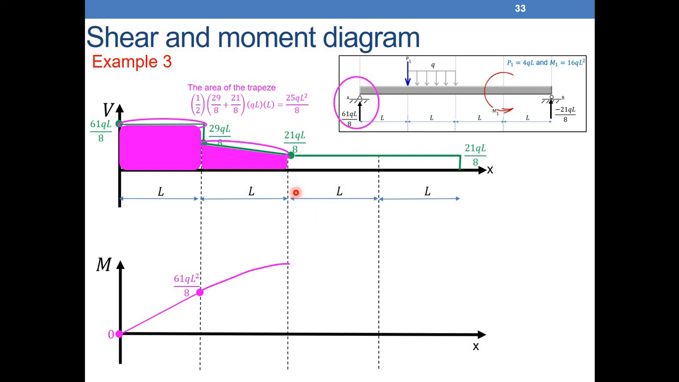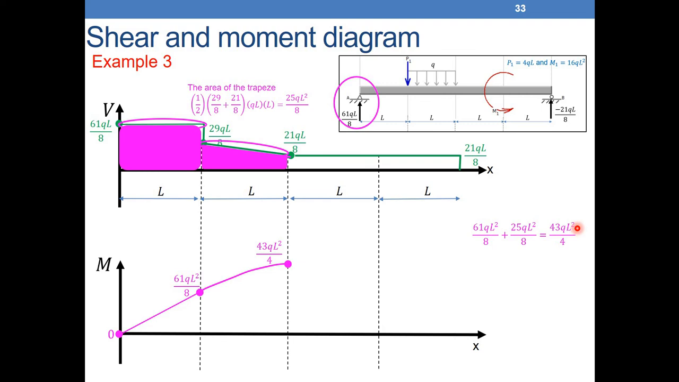So the area of the trapezoid is 1 over 2, the larger base plus the smaller base, times the height over 2. So we find 25QL² over 8. So the area of this trapezoid is 25QL² over 8. We know that we need to go from 61QL² over 8, we go up by 25QL² over 8. So if we add this value to the variation between the 2 points, it will give me 43QL²